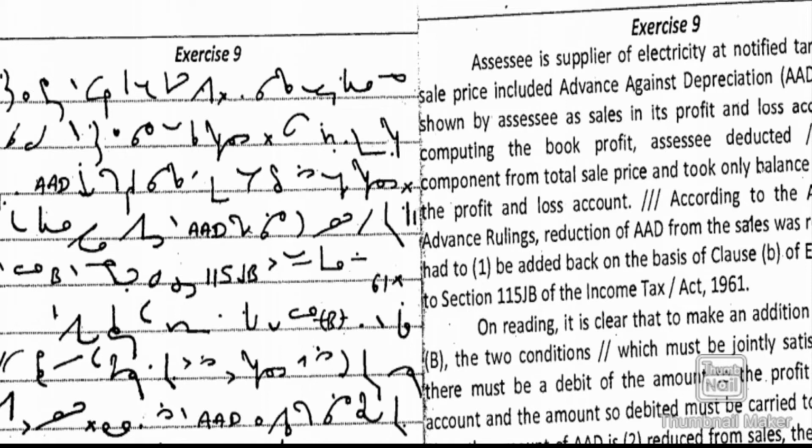It is nothing but an adjustment by reducing the normal depreciation includable in the future years in such a manner that at the end of the useful life of the plant, which is normally 30 years, the same would be reduced to nil. At the end of the life of the plant, AAD will be reduced to nil.